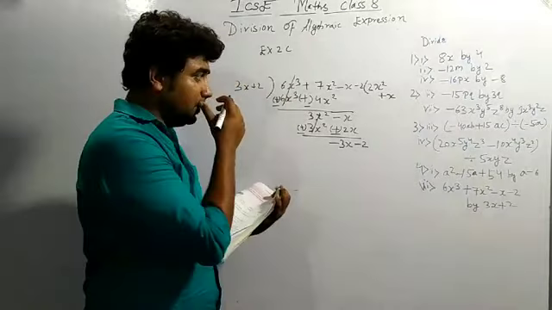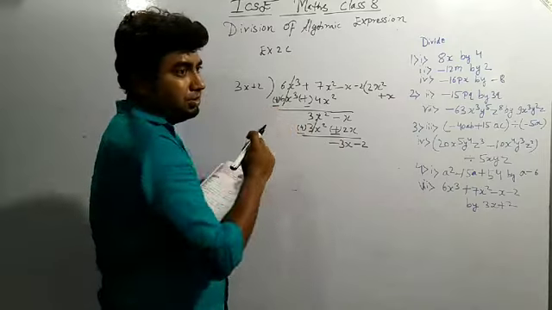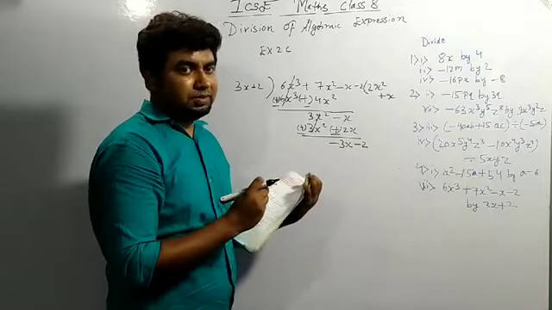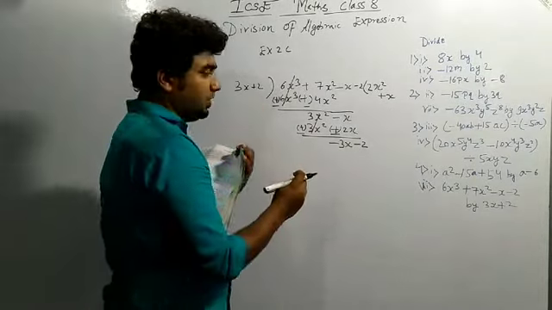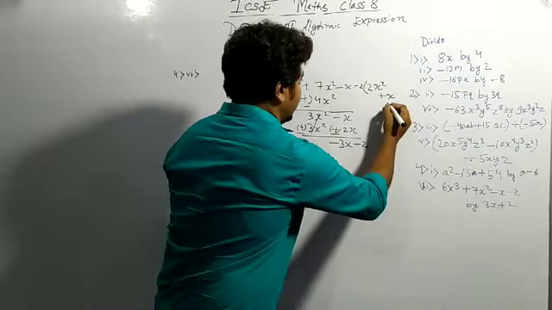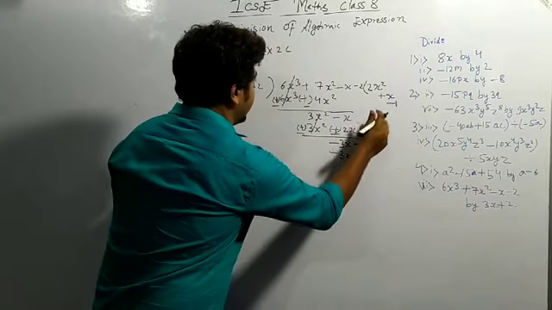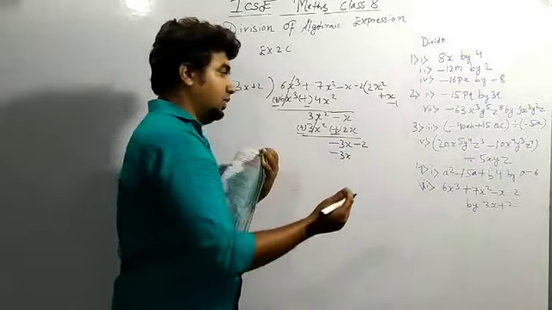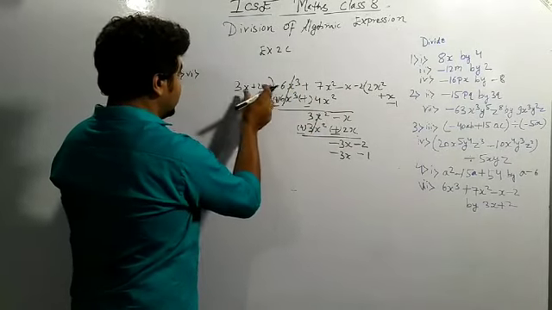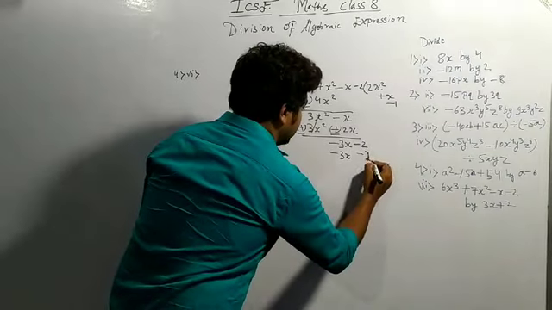So what is given to us? Here it is given minus 3x and here it is given 3x. By what number should I multiply so that it becomes minus 3x? If I multiply with minus 1, minus 1 into 3 is minus 3x, and minus 1 into 2 is minus 2, because this number is multiplied with both the terms. So from here we are getting minus 2.